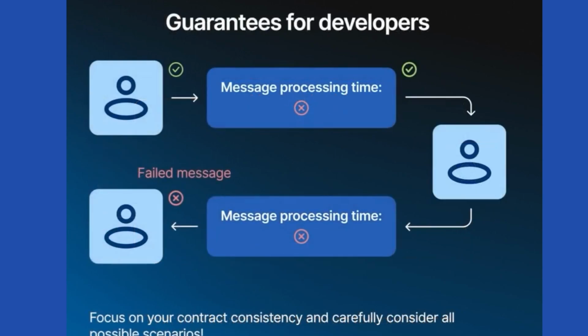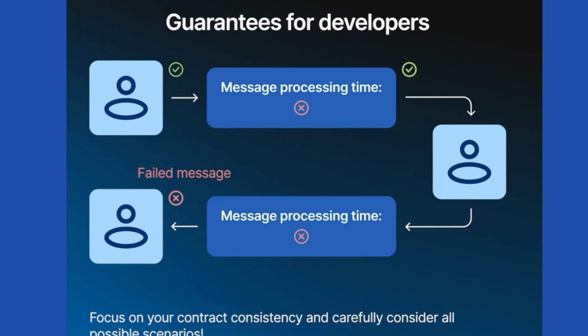There are some guarantees that the blockchain provides to you as a developer. You could verify the address of any incoming message and be sure that behind this address there is a specific code that you may trust. And similarly, if you're sending the message to an address, you have a cryptographic assurance about the code that is behind this address. The network guarantees that the message will be delivered, but it doesn't guarantee how long this will